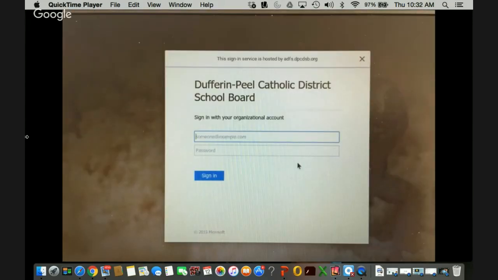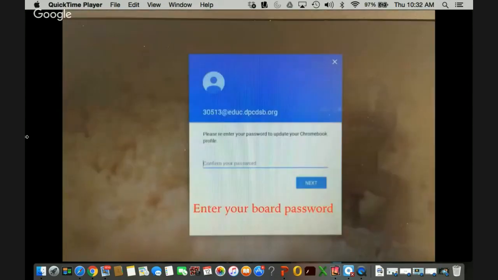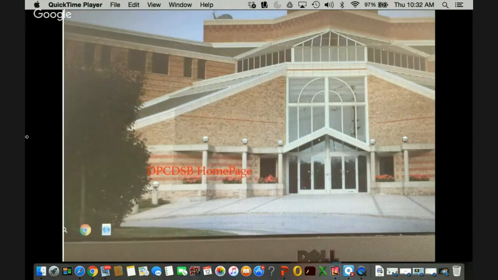Next, you're going to come to a second sign-on screen. You're going to have to enter that email again. So your employee number or your student number at educ.dpcdsb.org, just like you did on the first page. It will look like this. And then you will go ahead and confirm your password, which will be the same password you use for all Dufferin-Peel logins. You'll go ahead and enter that there,